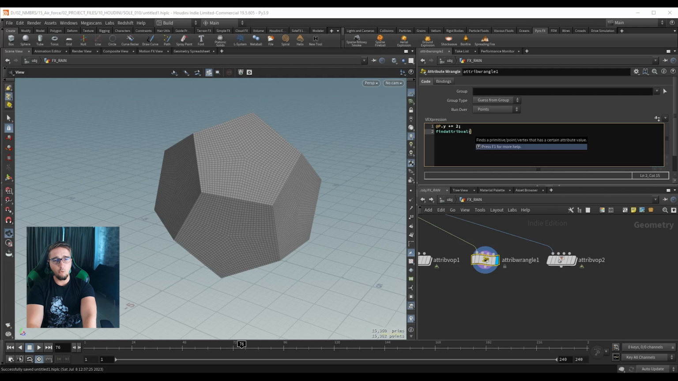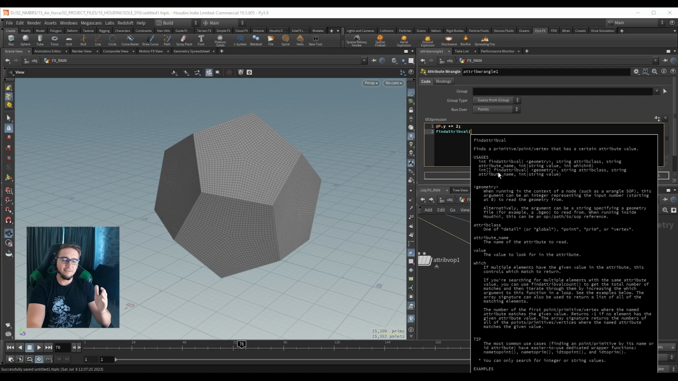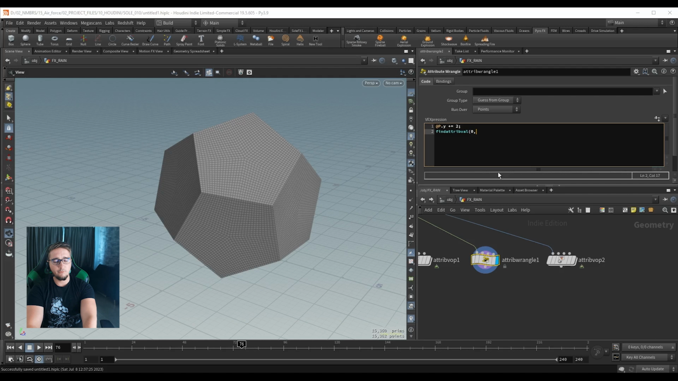So if I open the parentheses, we can see that this gives us this enormous giant text window over here that tells us what arguments are and what they do and how to use them and in what order and all the stuff that we need. So we need a geometry. This will be 0, which is our cells. Then we are going to need, I don't know, something like our point number, and then we need to specify what kind of type we want. So we want float. Now this isn't really how the findAttributeValue function works,